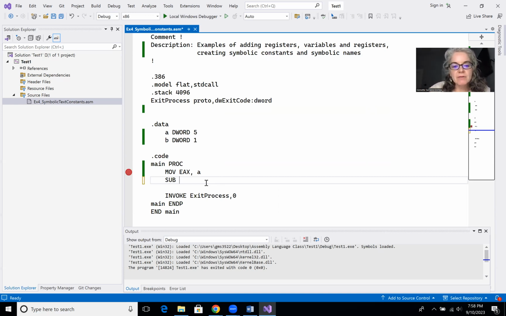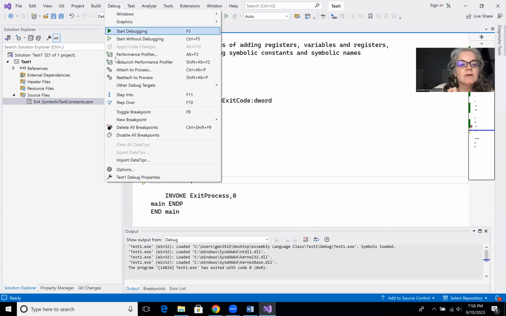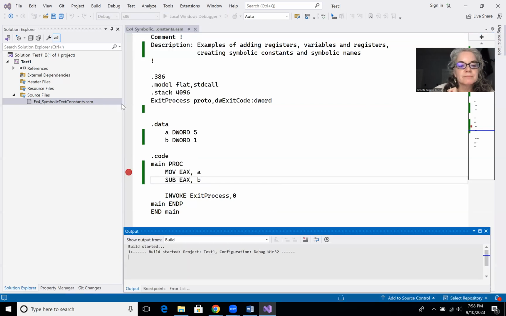So 5 is in EAX and 1 is in B. So we're taking 1 away from EAX. EAX is 5, so EAX should now hold 4. So debug, step over,